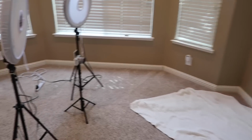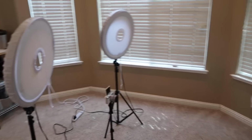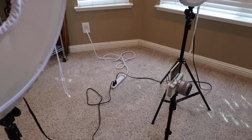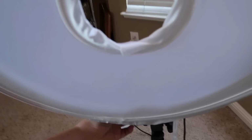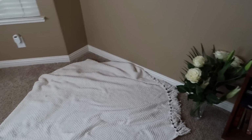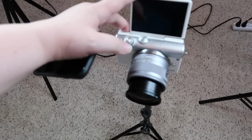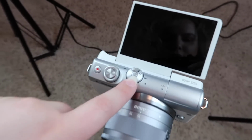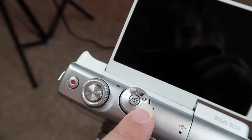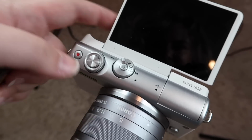If you've seen my recreating Instagram baddies photos, you will definitely recognize this setup, but I like to have 2 ring lights just so it balances out all the color. And then I will have my tripod set up, and it depends on what I'm doing, but I like to have a neutral background if I can, and then a prop. I love this camera because it has like 3 settings, that's it. Can you see? Enhanced, regular camera, film, that's it. So I have it on advanced, and then